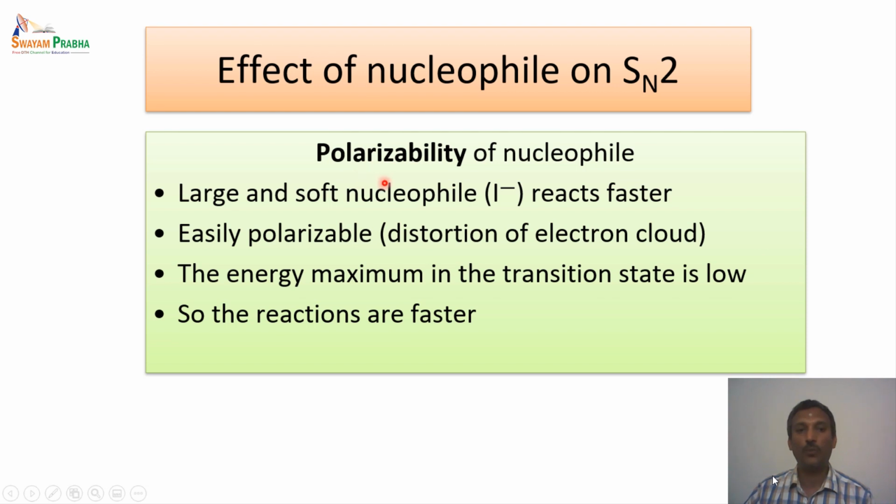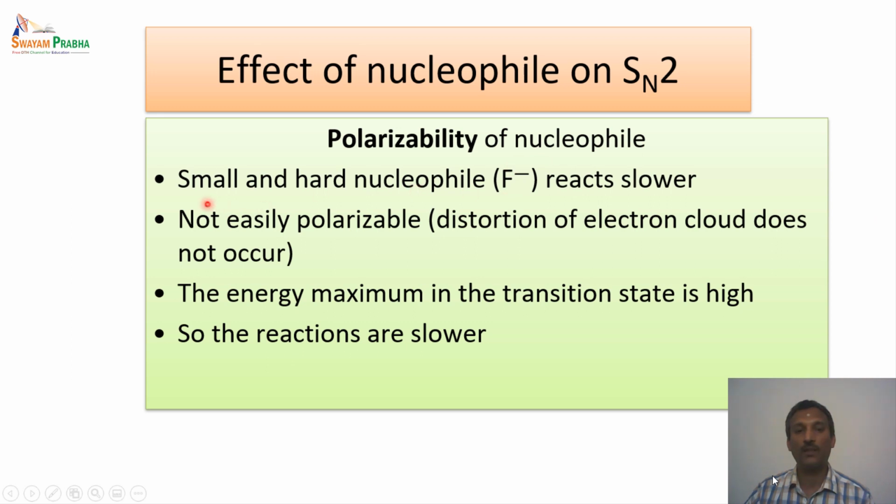And when we talk about the polarizability of the nucleophile, a large and soft nucleophile, say for example the big iodine, reacts very fast because it is easily polarizable, because the distortion of the electron cloud is very important for the nucleophilic substitution to occur. And in this particular case, the energy maximum of the transition state is very low, so the reaction occurs very fast. And if you go to the other side, that is a small and harder nucleophile, it reacts